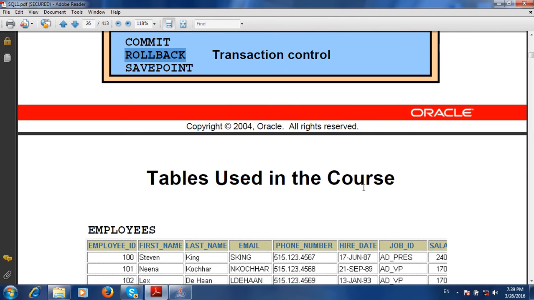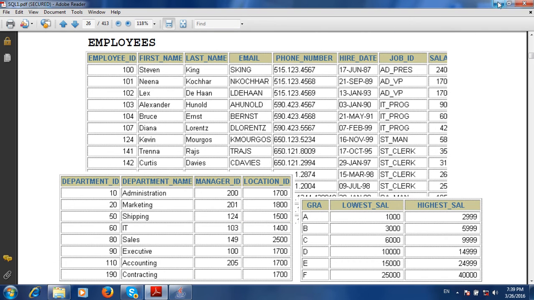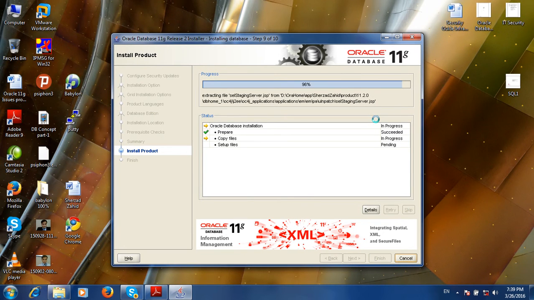In this course we will definitely use the employee and job tables, and some other tables which we will discuss later on. Installation is also